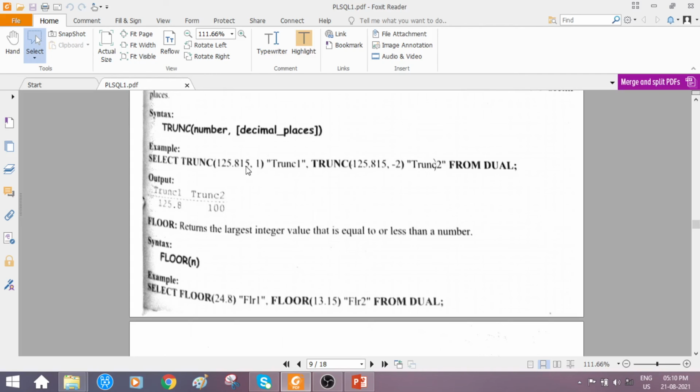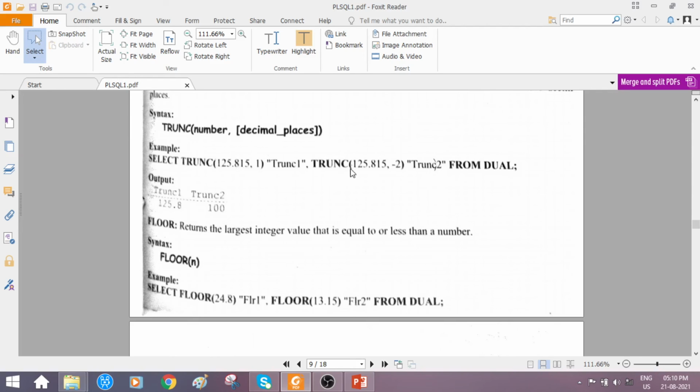So 125.815 means 5 will be removed. After the decimal point, towards the right side only one position is considered. The remaining numbers are truncated. Just check out here, 125.8. Okay, so this is the given number and the decimal place value, that is positive integer 1.